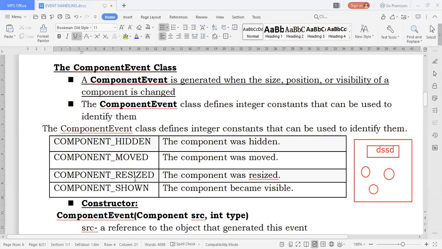Then component shown is the opposite of hidden. Unhide is nothing but the component is shown, or it becomes visible. So these are the four constants which are defined based on the action done. So here we will know this event can be generated in any of these four situations.